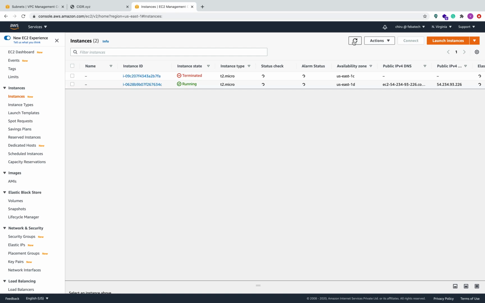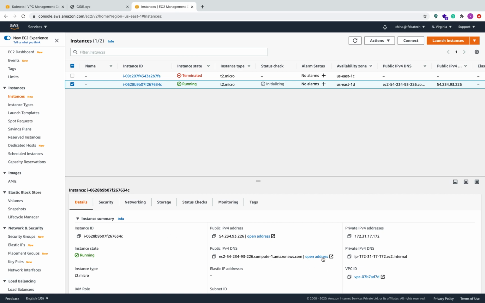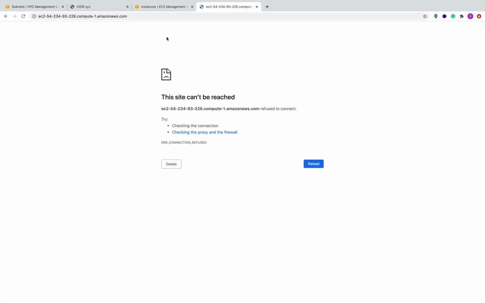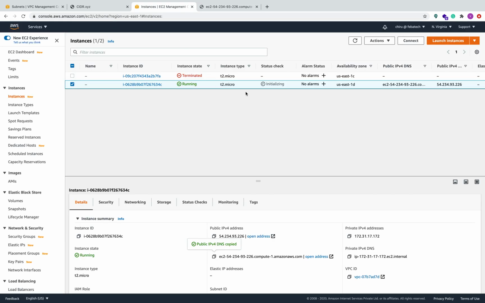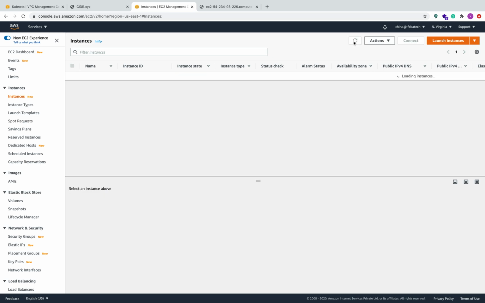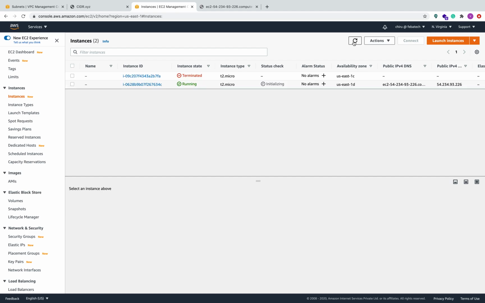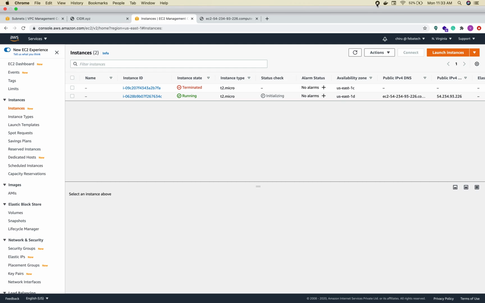It is still initializing. Let's go here and take the IP address or DNS name. You can copy it from here, and then you can see what's going on. Still, we have to wait a couple of minutes for it to come up. Still, it is initializing. Let it initialize. Let's wait for a couple of minutes. Once the initialization is done,